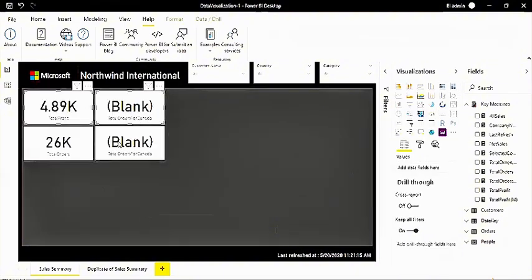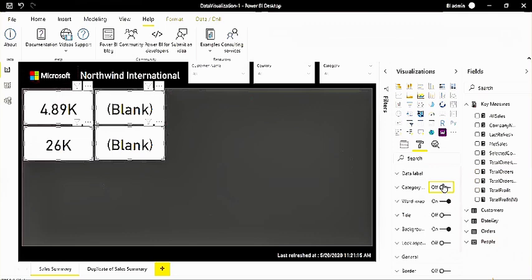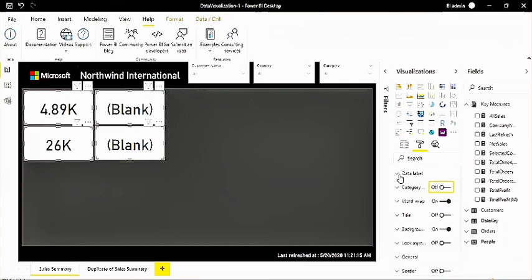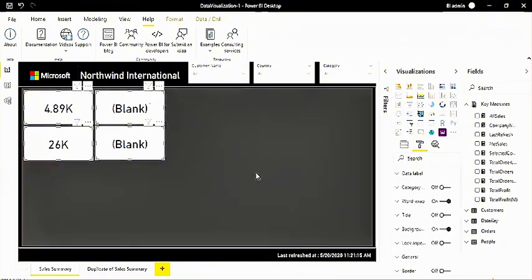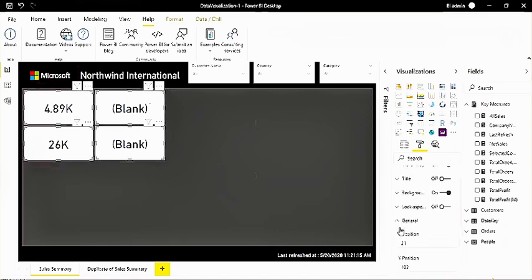Now you can select all the card visuals at a time, go to the format, and at the same time change the settings. The same type of visual setting you can change in one go as well. Now you can just decrease the size. For example, if you want to reduce the height or width, you can go to the general tab, and here you can change width, height, X position, Y position, everything, right?